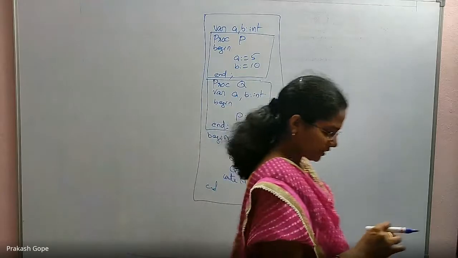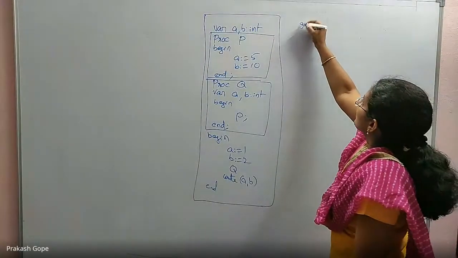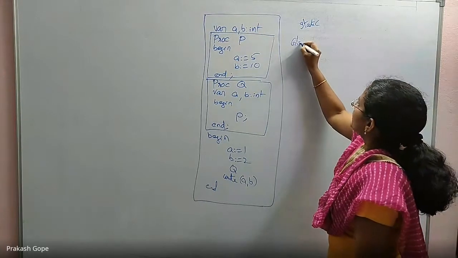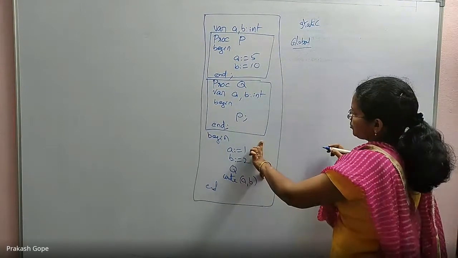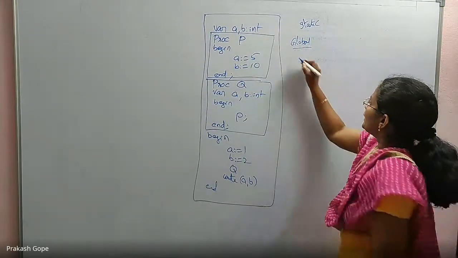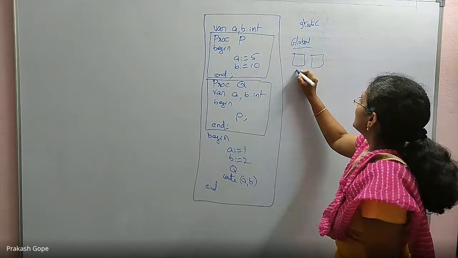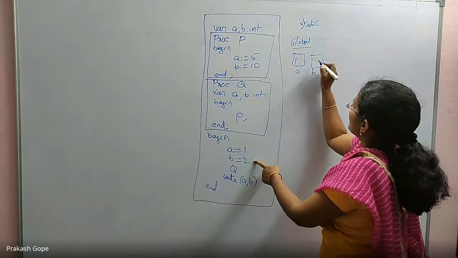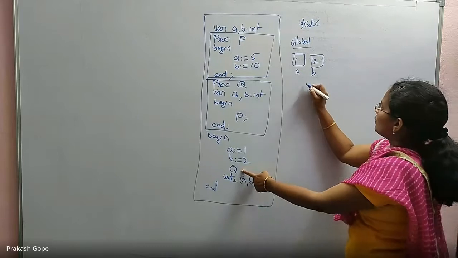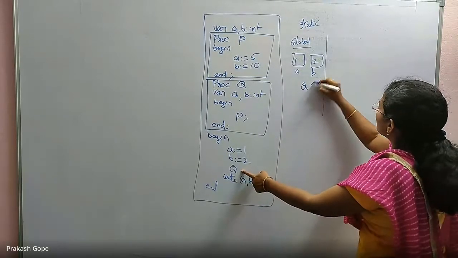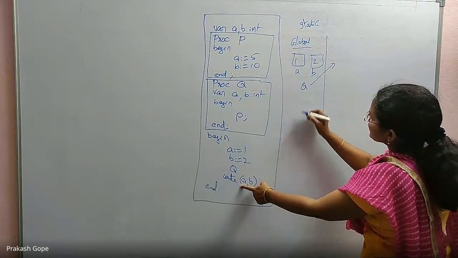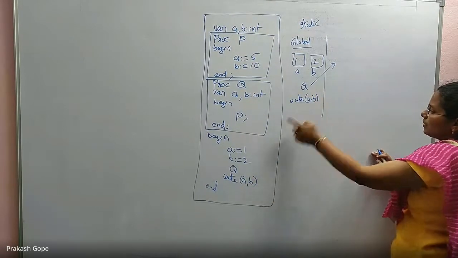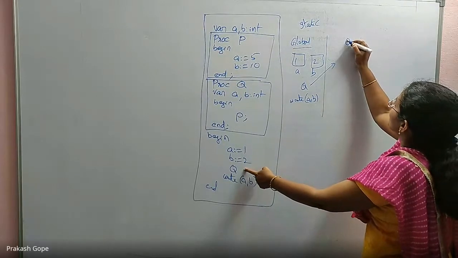Now I will solve static scope. This is static scope. Global environment, global program, which means this one. Variables are already declared, A and B. Start execution from here, A equal to 1, B equal to 2, which means this A and this B. Call Q, okay. Jump to Q's environment. Once I come back, that's when I will execute this line. I just kept it. Call Q. So jump to Q's environment.